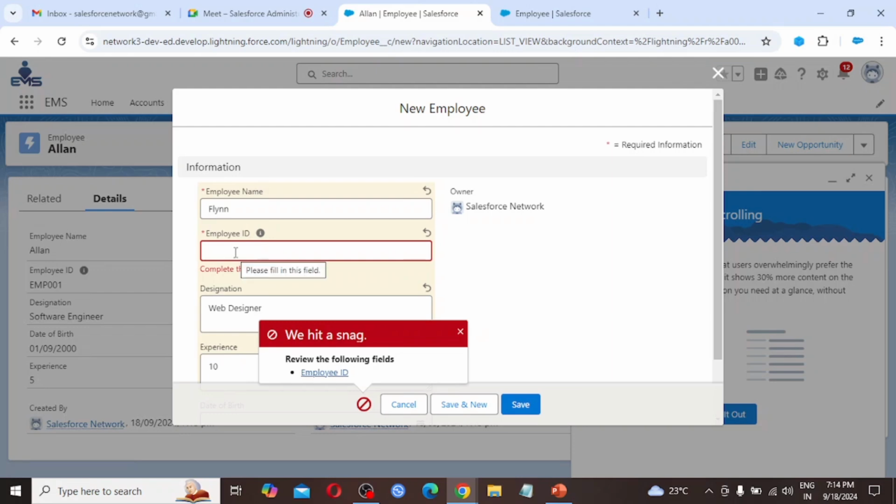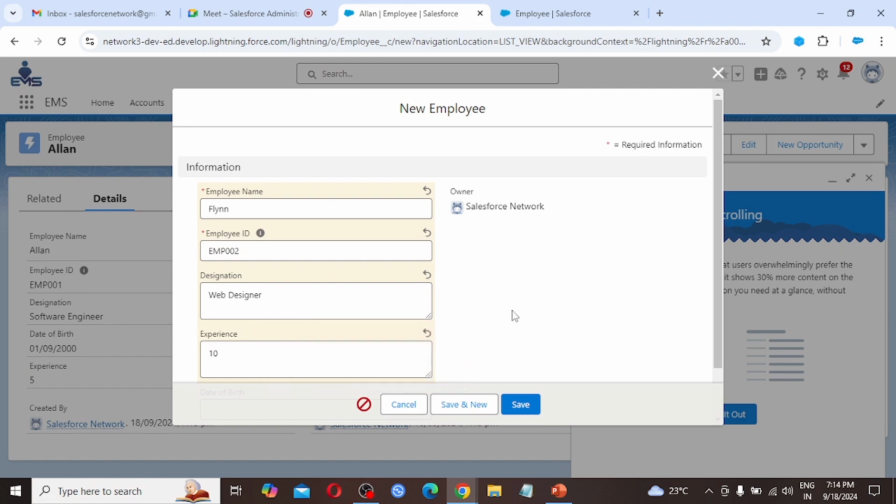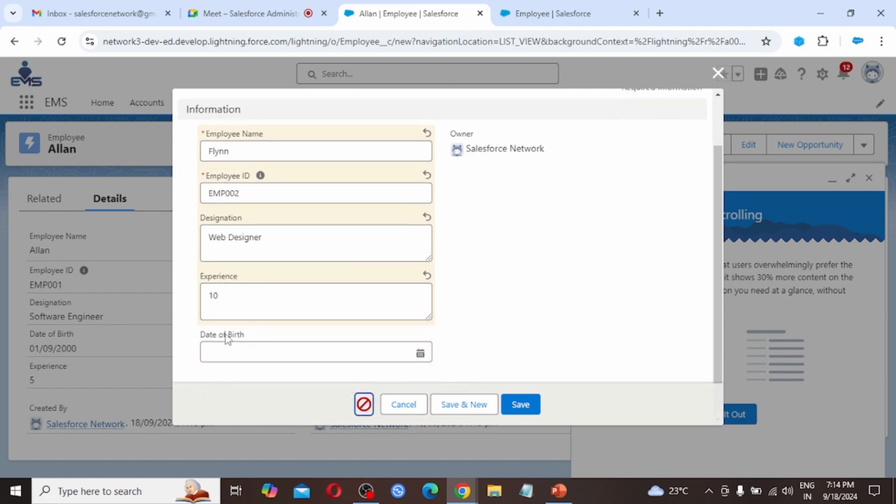Until and unless we provide this field information, we can't save this record. If we are not entering the date of birth, it will save the record because this is not a mandatory field. Click save.